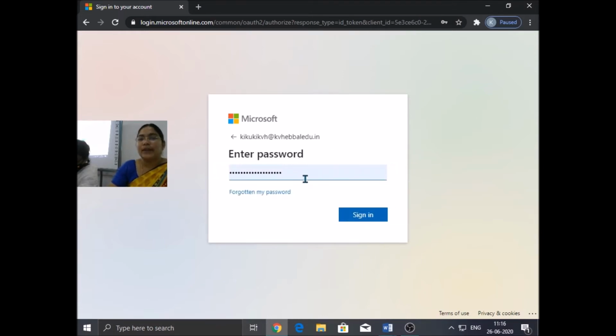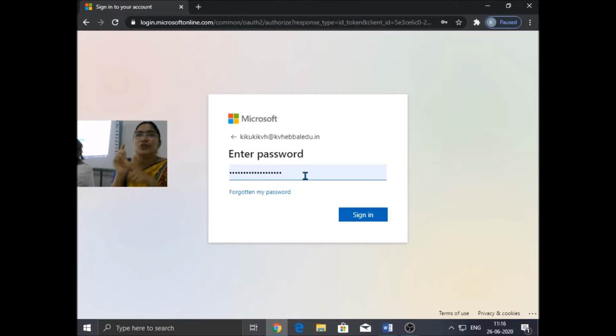Okay, so now enter the password provided for you. Whatever password was shared with you in the Excel sheet, enter that password. After entering Teams with that password, you are requested to change the password. On the next screen you can see, enter the current password and then enter a new password, and retype the new password. The first time, the current password is the one shared with you in the Excel sheet, and then the new